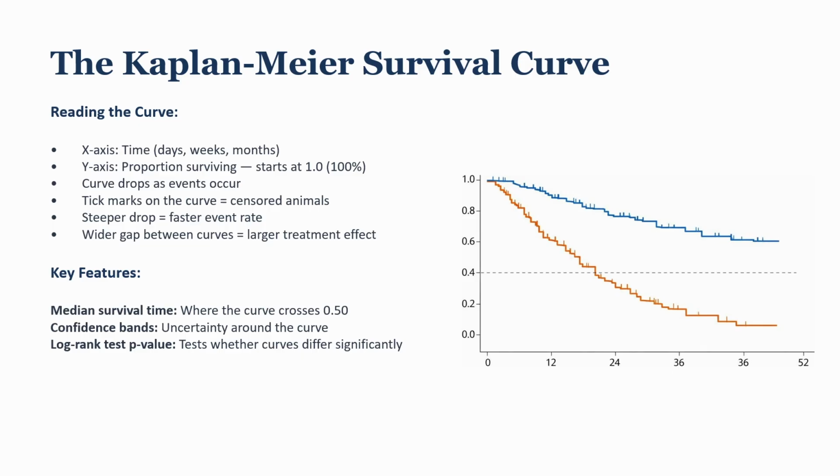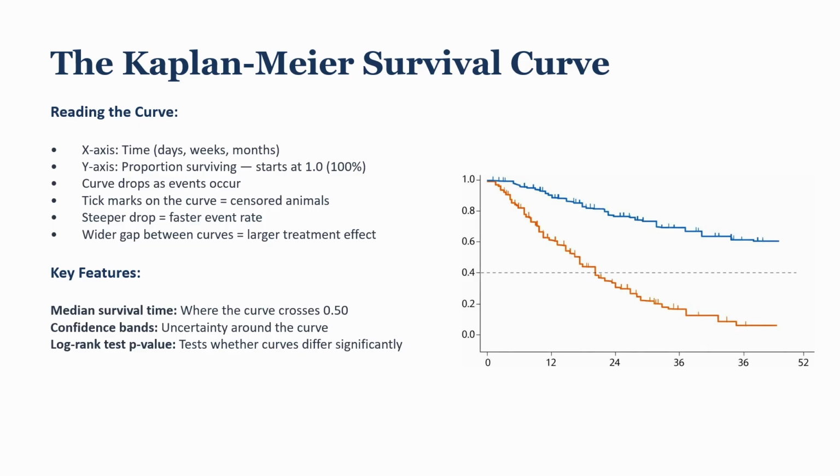The log rank test p-value tells you whether the two curves are statistically significantly different across their entire time course. It's the survival analysis equivalent of a t-test. As always, p-value significance should be paired with consideration of effect size, the magnitude of the difference in median survival